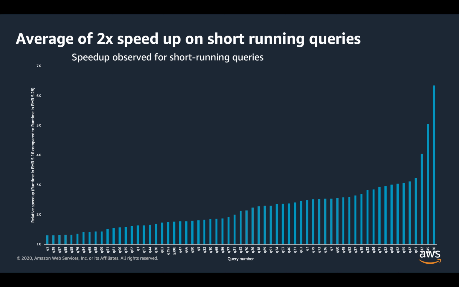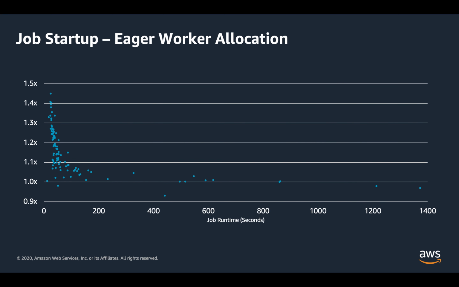All of these improvements are coming from different areas like configuration changes, changes to query planning and execution, and job startup improvements. What we learned with running short running queries is that Spark Dynamic Executor needs to figure out how many executors to run before even the job starts. And if you are running short running queries, it can impact the variance on your job runtime performance. What we have done is we have added a new technique that eagerly allocates workers before the job starts. On the x-axis, you can see the job runtime in seconds, while on y-axis, the performance improvements.